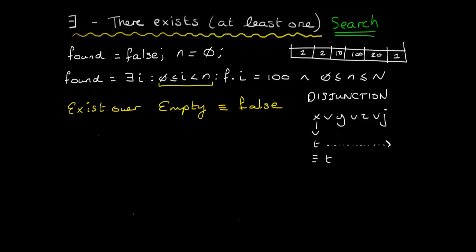And therefore it makes even more sense to initialize our variable to false, because as soon as we come across one of these terms that are true, as soon as we come across a value in the array that is 100, that will be true, and then the whole thing becomes true and remains true. And that's plain to see when we look at the split off. So from the point of view of a split off, when we look at the split off for there exists,